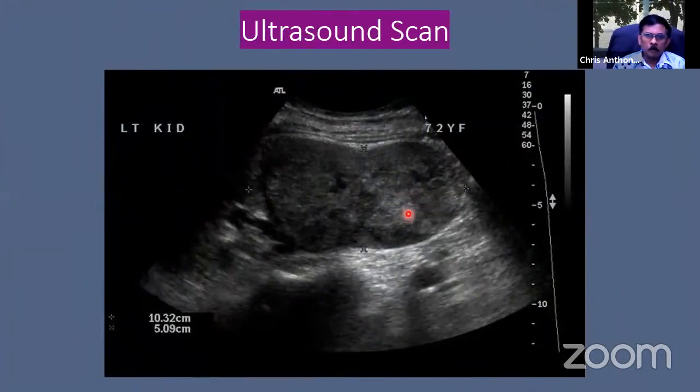This is an ultrasound picture of the kidney. Left kidney here. This is the kidney. It shows an irregular solid mass located within the capsule of the kidney. Generally, the capsule seems to be intact, except in some areas here where it looks like it could probably have breached the capsule. We need further detailed examination to detect the involvement of the capsule.